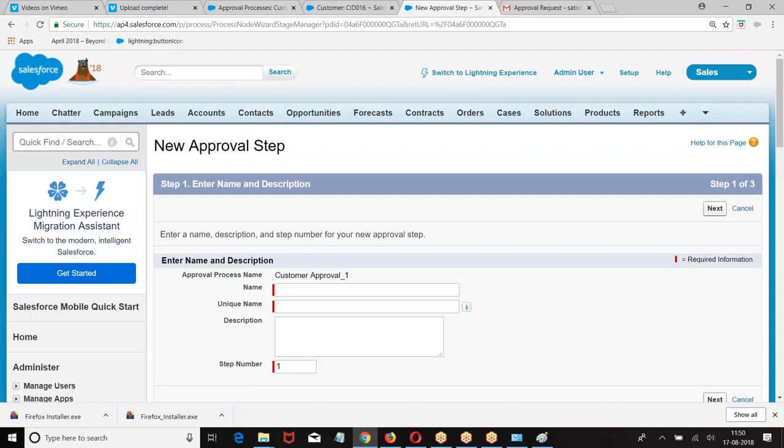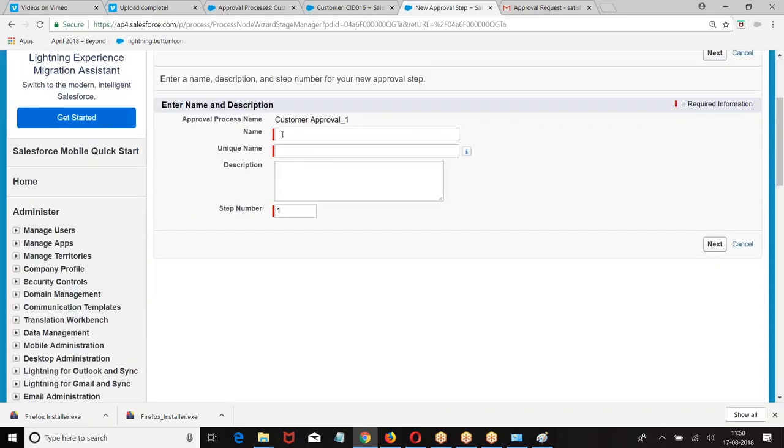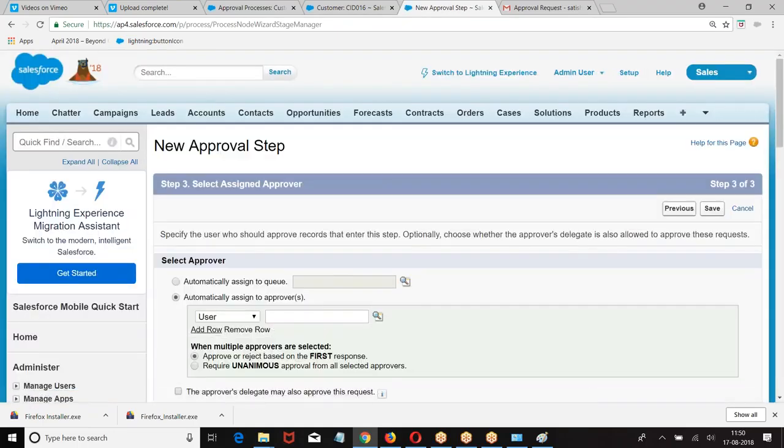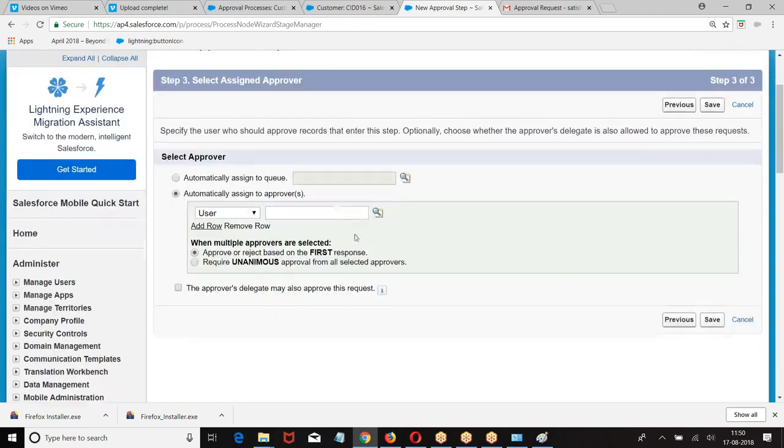One is posting a Chatter message. Second one, we are choosing one extra step here. Who is the approver?